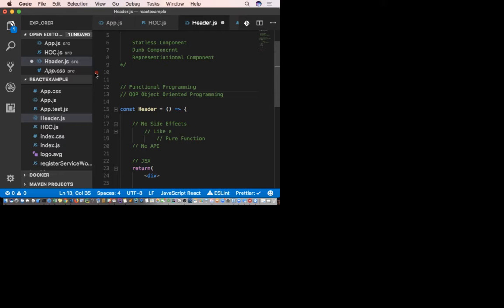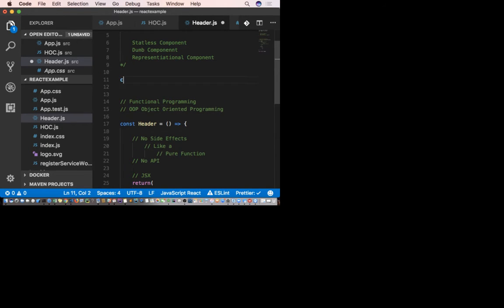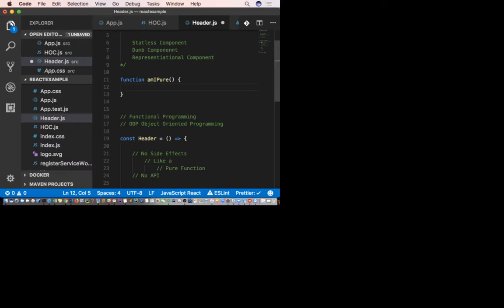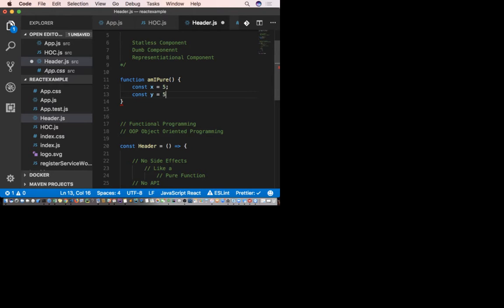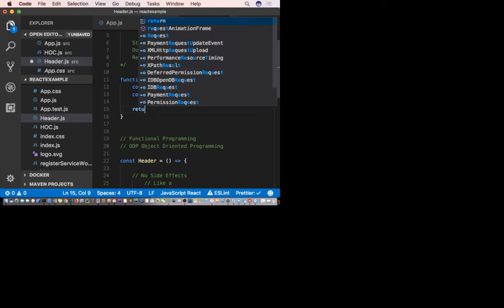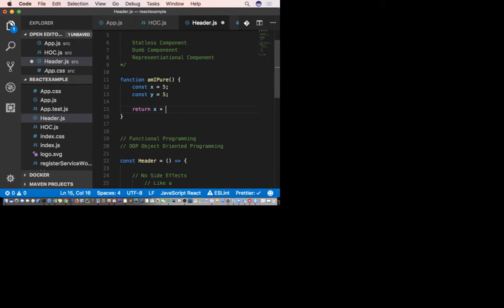All right, let's build a pure function real quick. This function just depends on itself.